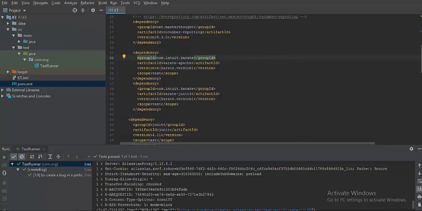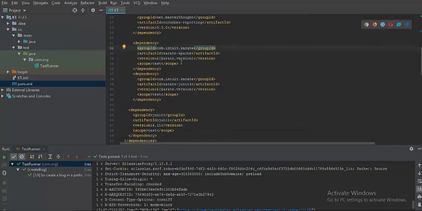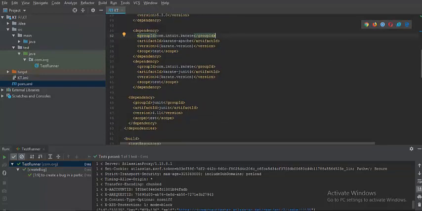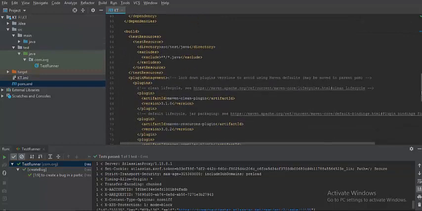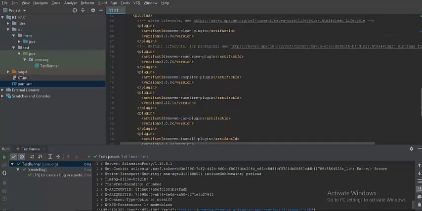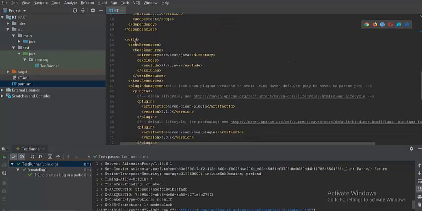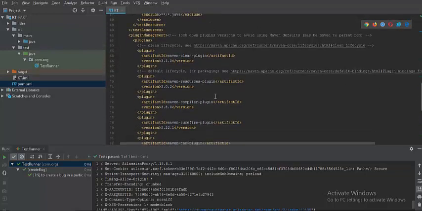And if you scroll down a bit, you can see the karate core, karate apache and karate JUnit dependencies, and you can see something extra here, which is a build tag. This is something that we need to focus on as far as this learning is concerned. When you are running the script from a command prompt as a Maven test, you must have this build tag, and the couple of plugins that you must have are the Maven Surefire plugin and the Maven compiler plugin.